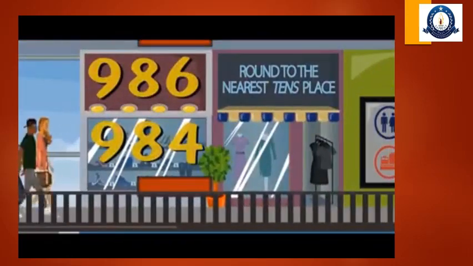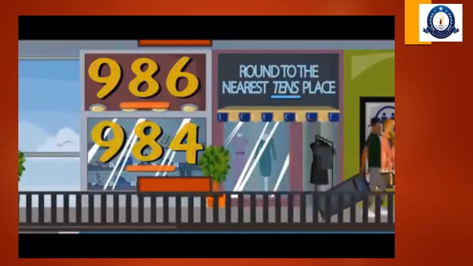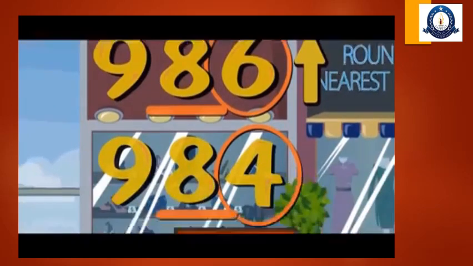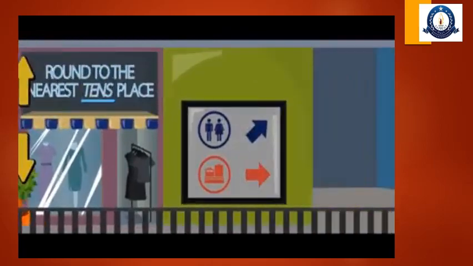When rounding to a certain place value, find the rounding place, then continue to look at the number to the right, man. You don't need luck. If the digit is 5 or more, then you round up. If the digit is less than 5, then you round down. That's how the rounded number is found.